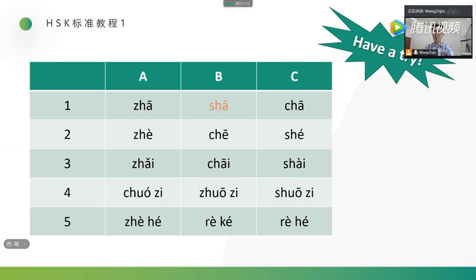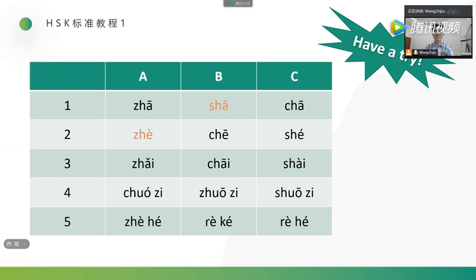Number 2. 这，这，这。Which one? Very good. A is right. 这，这。